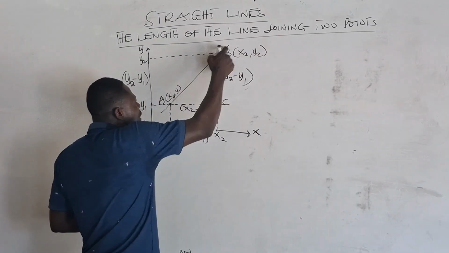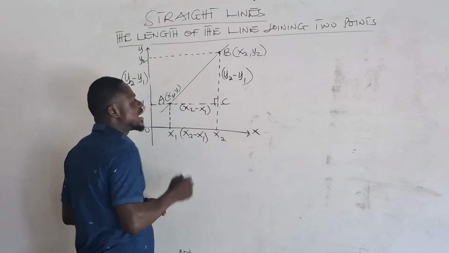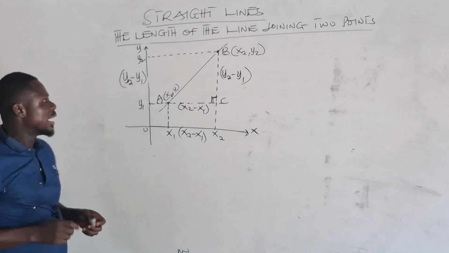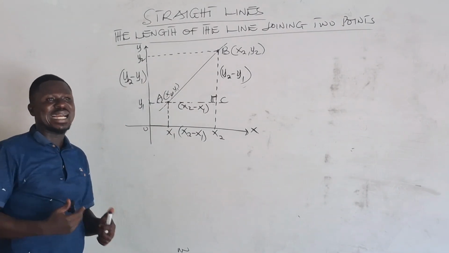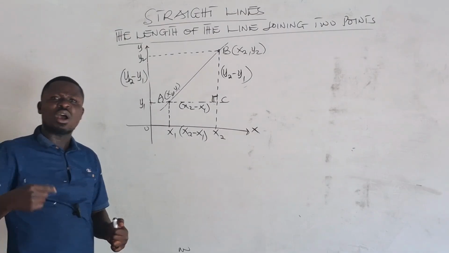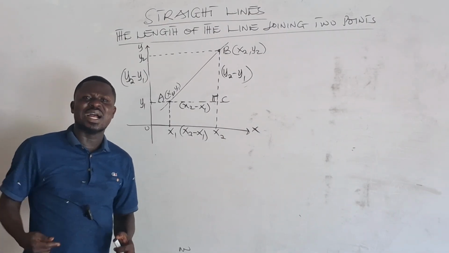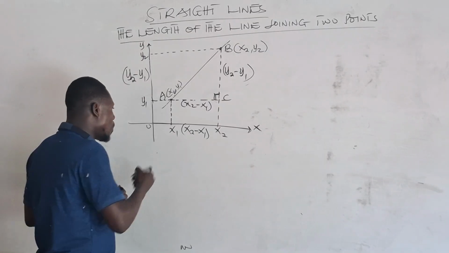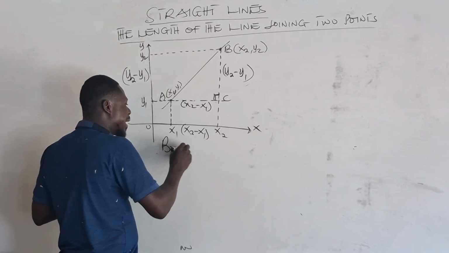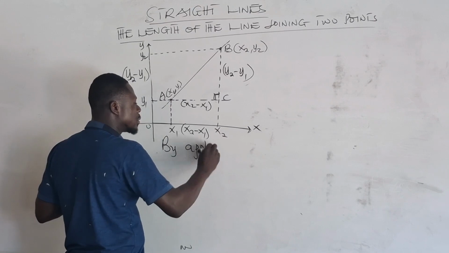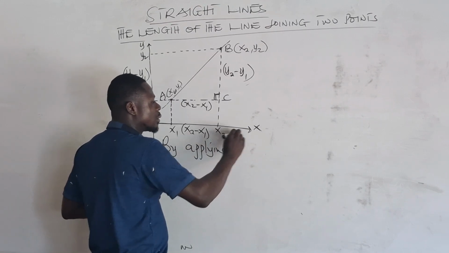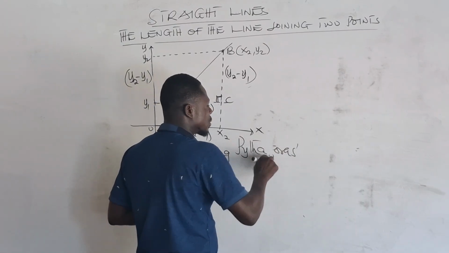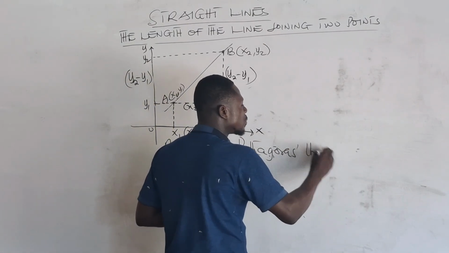Looking at A, B, C, we can clearly see that we have obtained a right-angled triangle. And whenever there is a right-angled triangle, in order to find any of the sides, we apply the Pythagorean Theorem. So by applying Pythagorean Theorem,